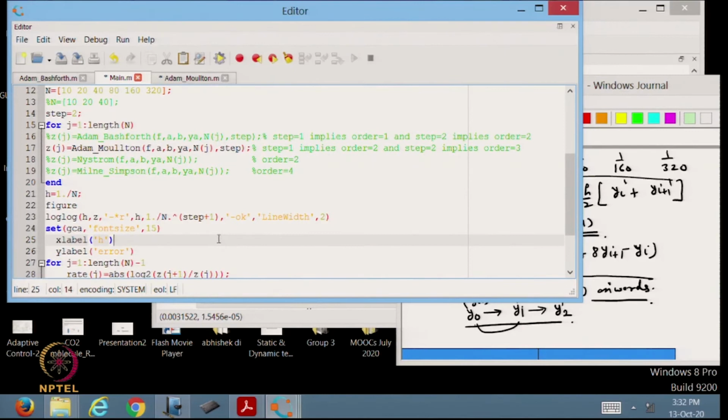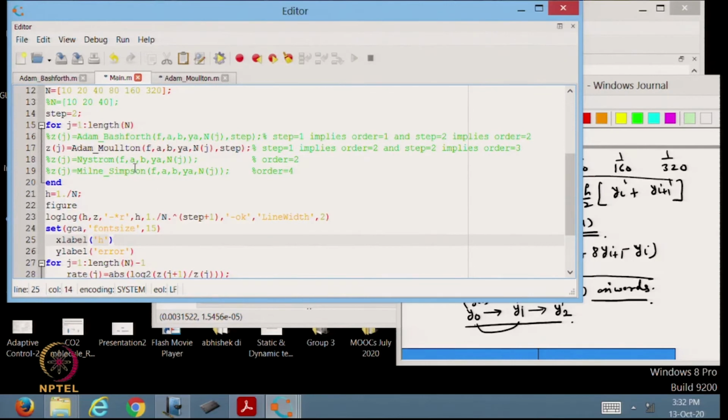Okay. Why is there a difference in choosing forward Euler in case of Adams-Bashforth of step 2 and in case of Adams-Moulton of step 2? Because this is an order 2 method and this is an order 3 method.